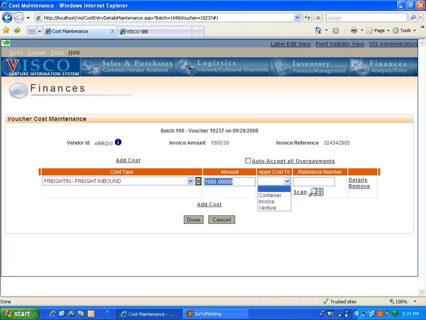So in the case of an inbound freight bill, most likely we want to apply that cost to an entire container. But if it was, for example, an outbound freight bill, or a trucking fee from the warehouse to the customer, then instead of applying it to a container, which would mean the inbound container, we would apply it to the invoice, which would reference that entire shipment to the customer. And if it's another type of bill, we want to just apply it to a specific venture, then we would select venture. I'm going to select container for the moment and say,